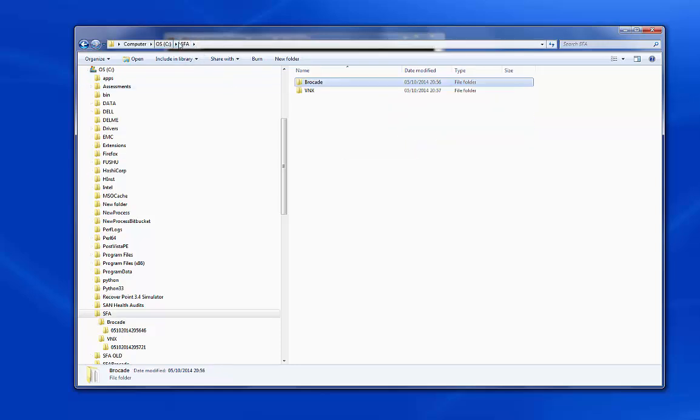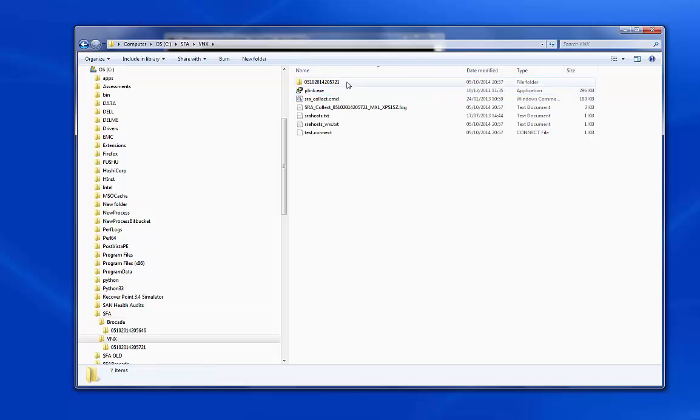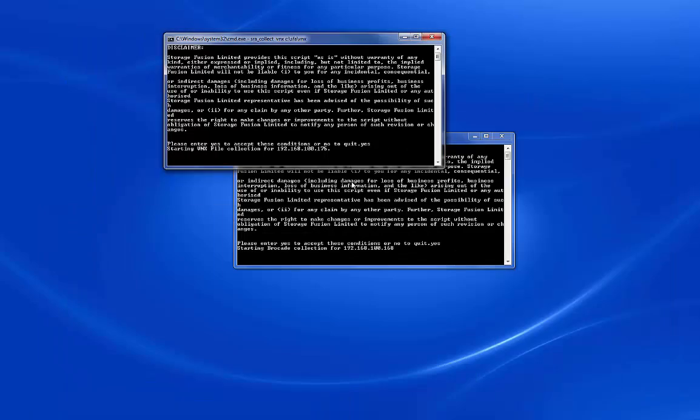Similar setup we have in here for the VNX. Again, we've got another new folder, we've got a log file, and we've got some more comms files. Any errors that come up during the collection process would appear in these windows here or in those log files that we saw earlier. Because we're collecting from an EMC unified VNX, we also need to perform an SP collect